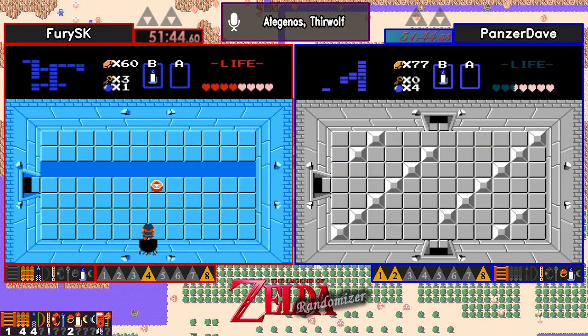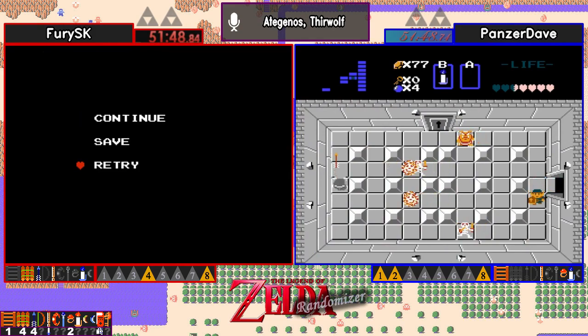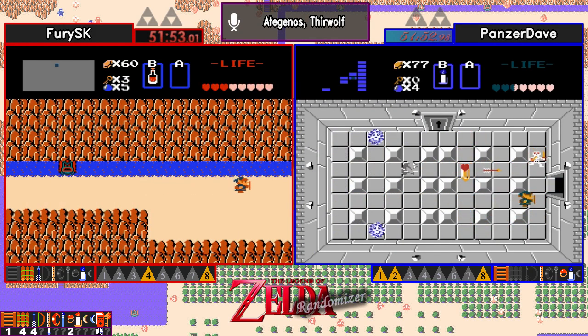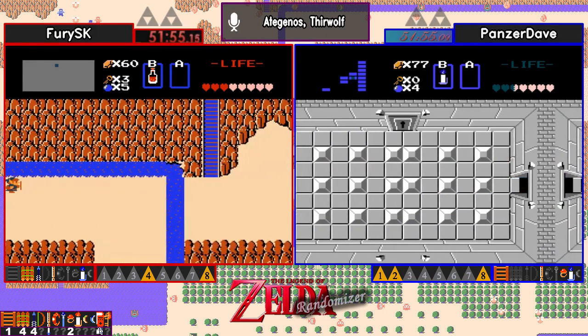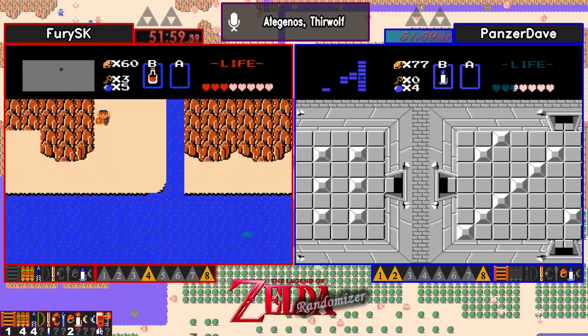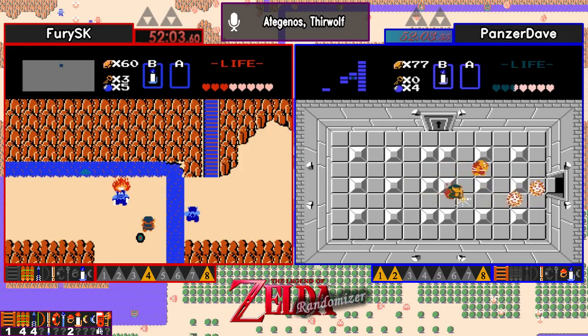So what do we got here? A compass. That's good information. Gonna retry. Yeah, just kind of keep a mental note of where that is. At this point, he has to get the ladder before he can do anything in that level. Yeah, and unfortunately, he's gonna go... Well, I guess he's gonna burn and try to get some bombs, but hopefully he doesn't go back to Death